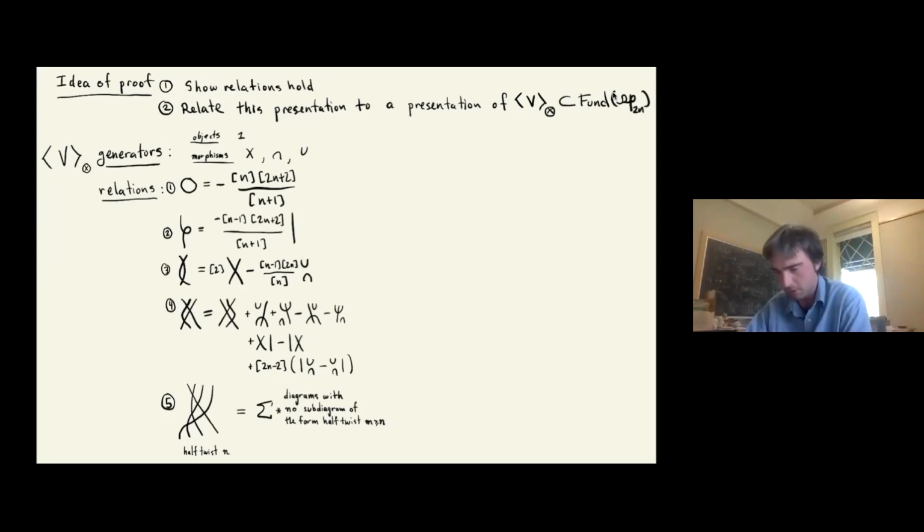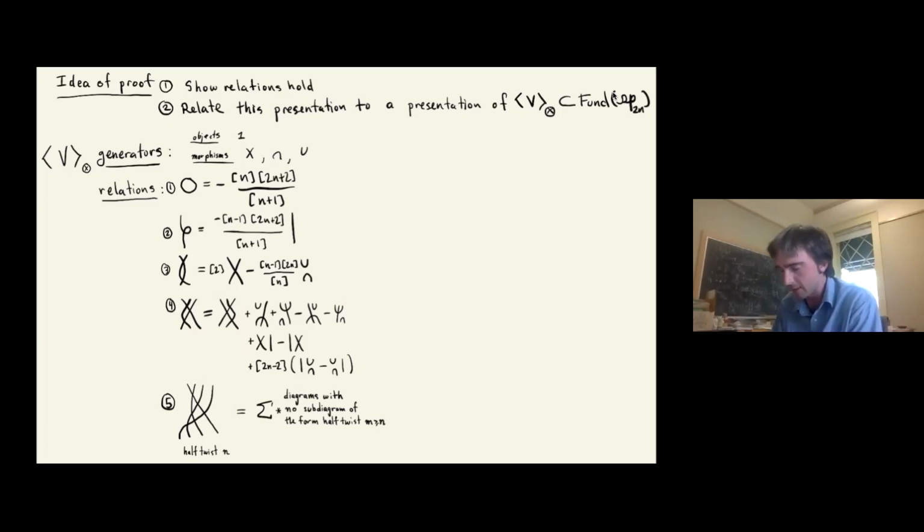So what are our relations here? Well, I now have only one circle that I can evaluate. I get a scalar. I have an endomorphism of V where I twist using this X map, and I get a scalar multiple of the identity. I have this relation, which is like a Reidemeister 2 relation. I have this relation, which is a deformed Reidemeister 3 relation, since I have all of this error term here. And then the last relation, which is really the part that depends on n, is that if I take the half twist on n strands, not in terms of the braiding but in terms of this crossing map that's 90-degree rotation invariant,